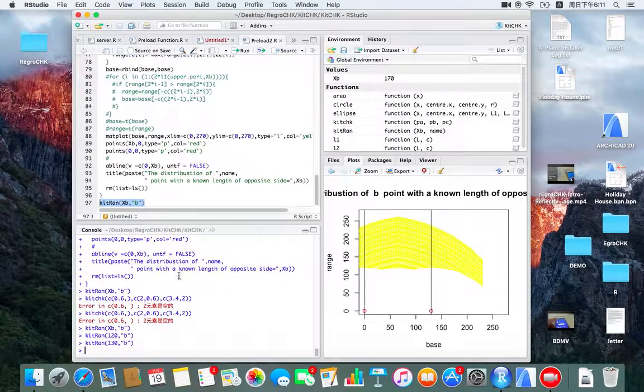So that's the visualization, and some further development of this package might include plotting the third point inside the range of this, because the triangle isn't always